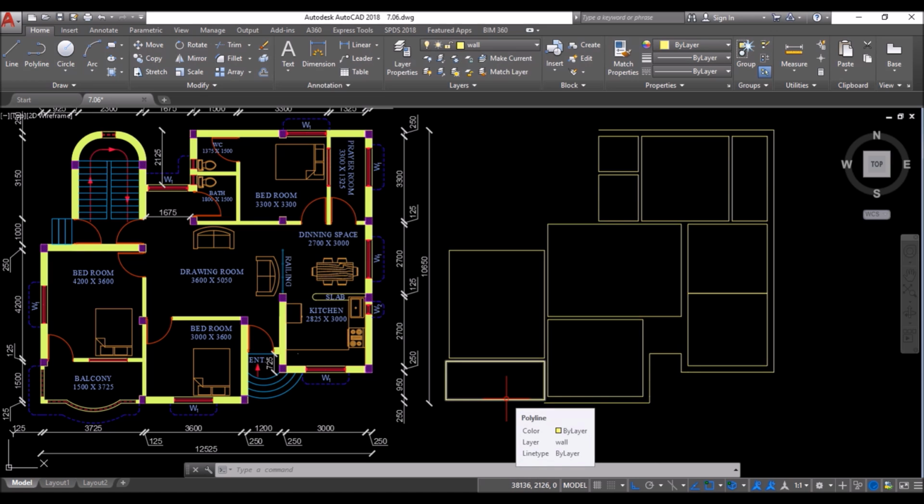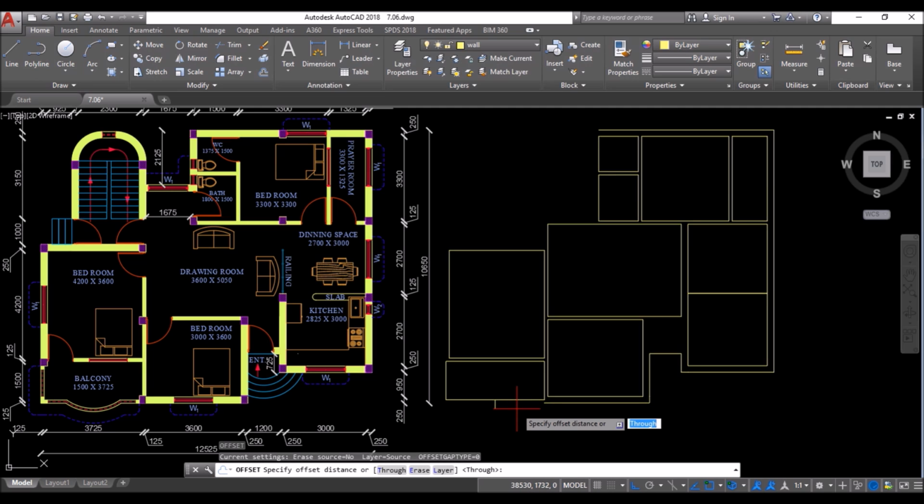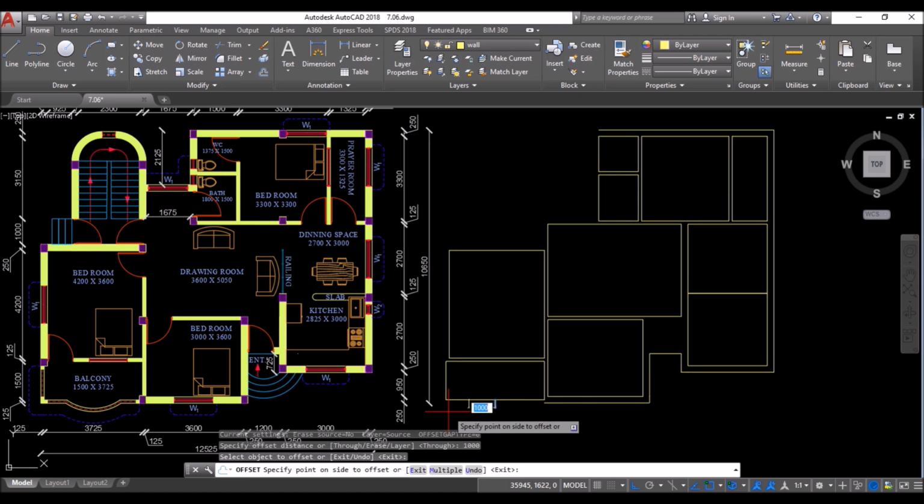Then I'll make an arc over here. Click on line tool again, click at this midpoint snap, move the cursor downwards, type 325 and press enter to draw a line of 325 mm length. Then I'll offset the line at both the sides. So type O and press enter to offset. Specify the offset distance as 1000 mm, press enter. Select this line, click in this side and then select it again. And click in this side as well and press enter to offset.